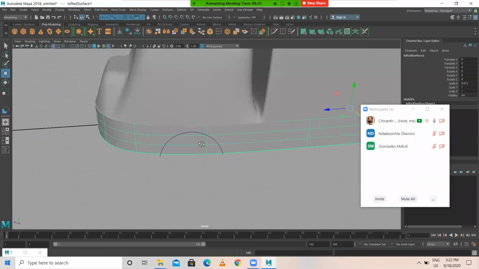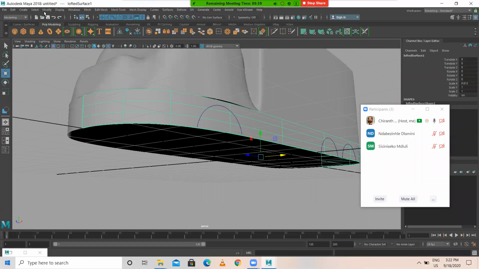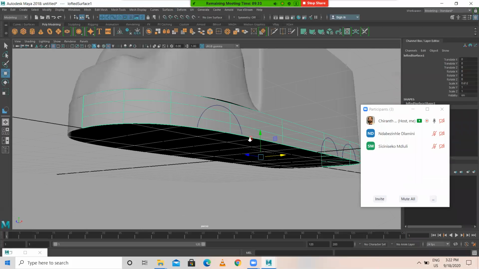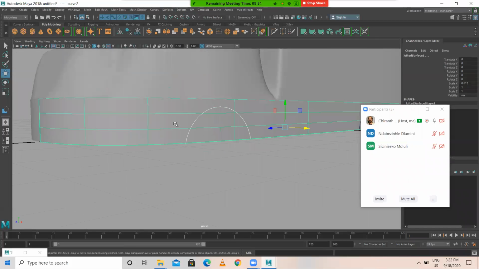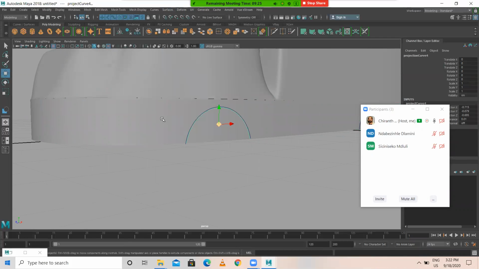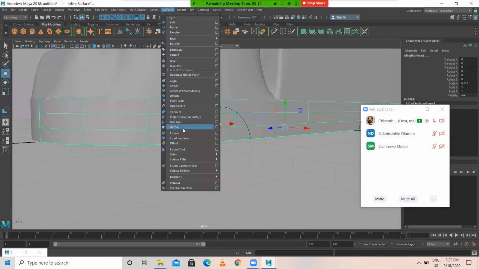So what I'll do, it's not happening. So I'm selecting this. First edit, delete by type history. Select this, select the curve, select the object, surface, project curve on surface, then select the object, surface, trim tool.